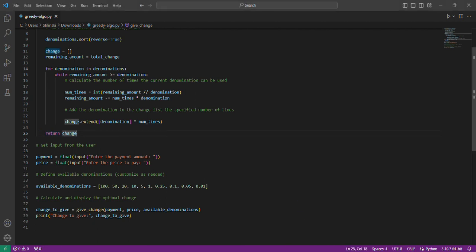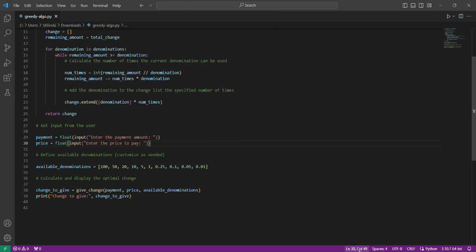And the next one is the payment. These are the inputs where the users will input what is needed. The payment lets the user input the payment amount, and the price input is the price to pay, and the available denominations can be customized as needed.